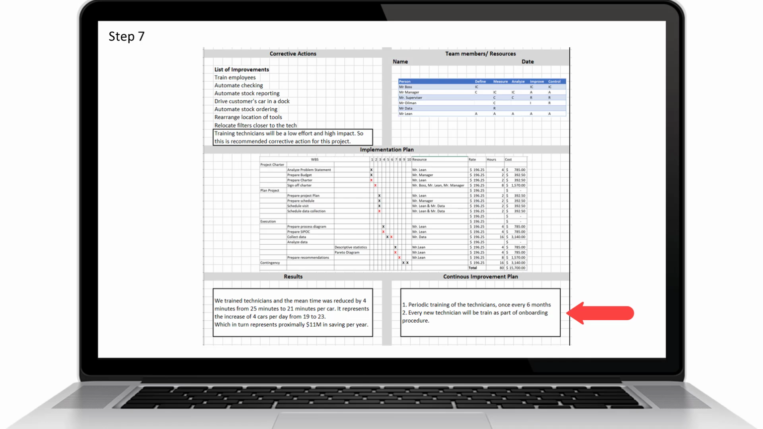Finally, our continuous improvement plan will be: number 1, periodic training of the technicians once every 6 months. And second, every new technician will be trained as part of the onboarding procedure. This concludes the project example. Hope you